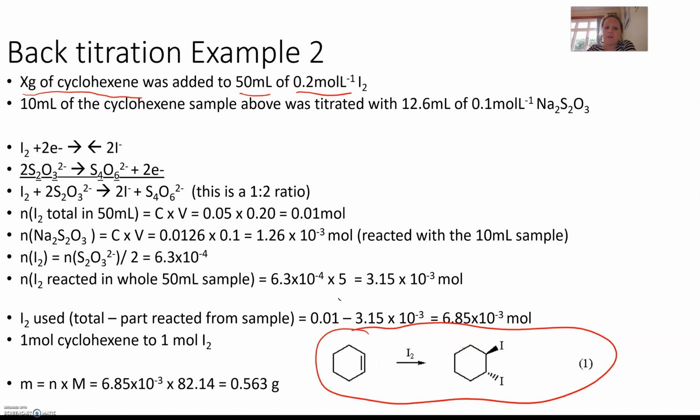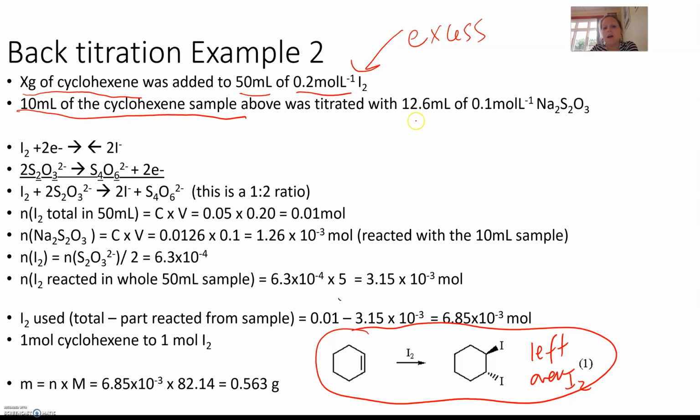So remember, whatever we're adding, which in this case is iodine, has to be added in excess for this whole process to work. So more iodine is being added to the flask than what the cyclohexene can react with. So all of the cyclohexene will get converted to this, and then we will have leftover I2. Now the leftover I2 is in 10 mL of the sample, so 10 mL out of the 50 mL,